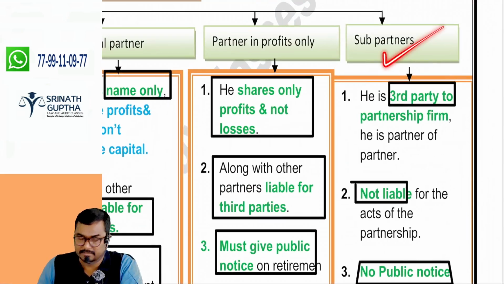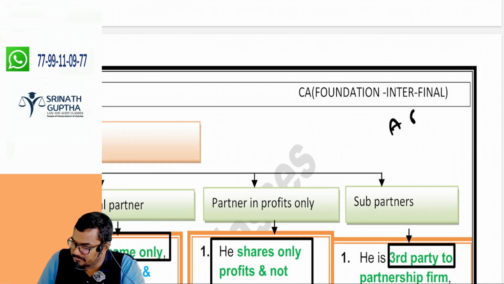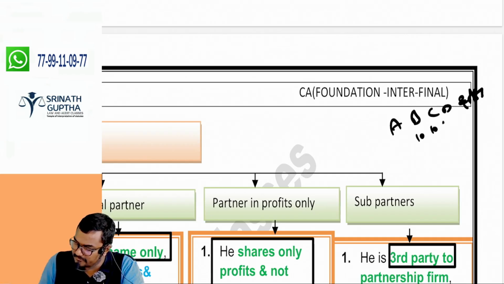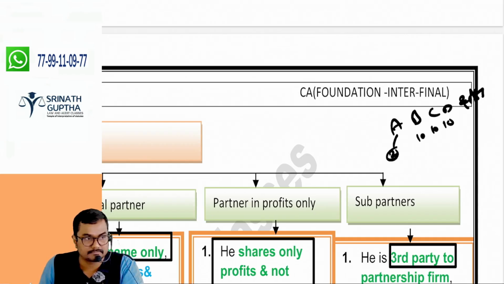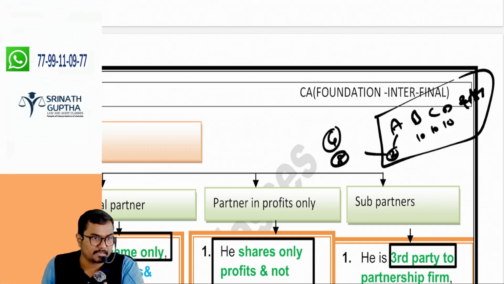Last one, sub partner. There are four partners: Ajay, Bharat, Charan, Dhiran. They want to form a business. Everybody has to contribute 10 lakhs. But three people have 10 lakhs, and he has only 2 lakhs. Then he went to Ganesh and took 8 lakhs rupees from Ganesh. Ganesh's 8 lakhs and his 2 lakhs are kept in the business. Who are the partners? A, B, C, D.